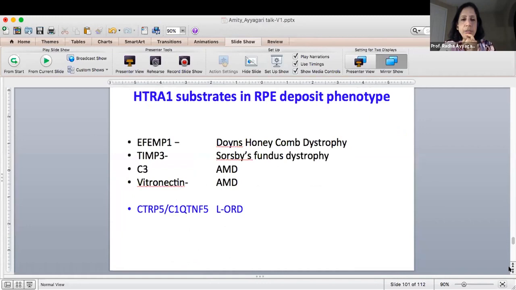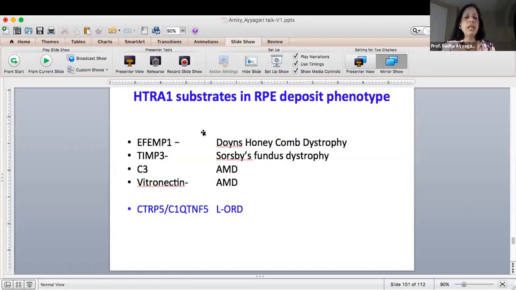The bottom line is that there are different substrates of HTRA1, including the gene we found, CTRP5. All of them are substrates of HTRA1, and all of them result in a deposit-forming phenotype. Why is this important? Because AMD is the leading cause of blindness, and the phenotype there is formation of deposits. This is the model that will help us understand how these deposits are formed. Now we have a network of genes that all lead to the same phenotype, but all interact with HTRA1. That is what we identified using different methodologies in my lab, and different models, iPSC and mouse